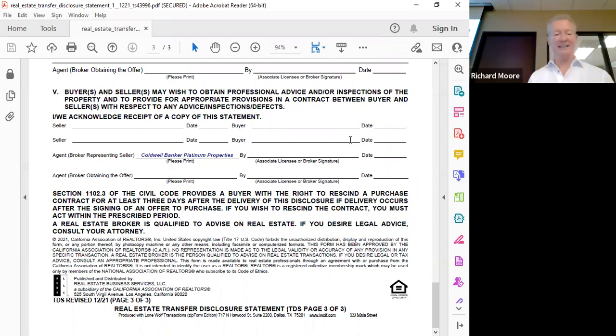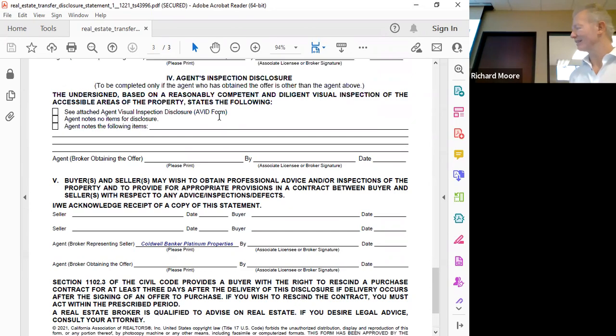I don't understand what that is. If it's part of law, don't you seem like you have to comply? Well, you're just making the statement that it is in compliance. It's required for a loan, right? Yes, the lender's going to require it. That's exactly what's going to happen. Good point.